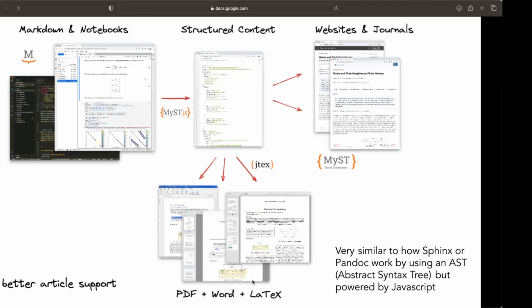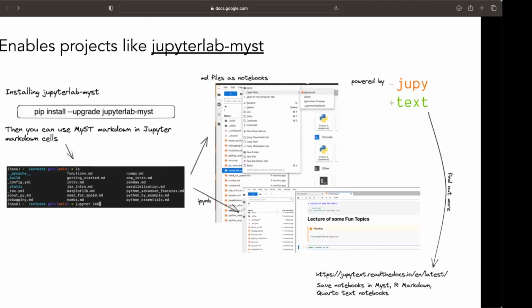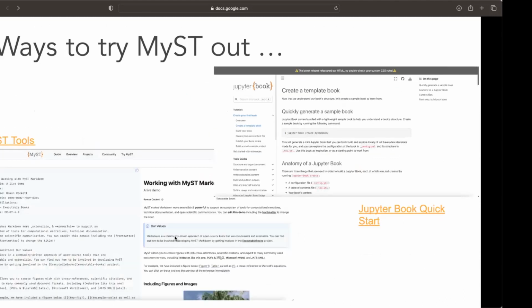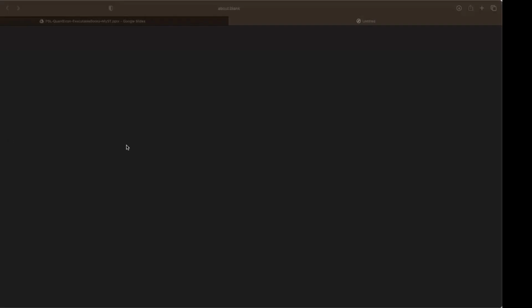So there's lots of those things coming down the pipeline. But essentially it's structured very similar to how Sphinx works for the Python side of the project. Ways to try out this MyST: you can click on MyST Tools, or there's the Jupyter Book Quick Start. Jupyter Quick Start builds you a book project that you can run. MyST Tools is just sort of an online MyST JS representation where you can change the left field and